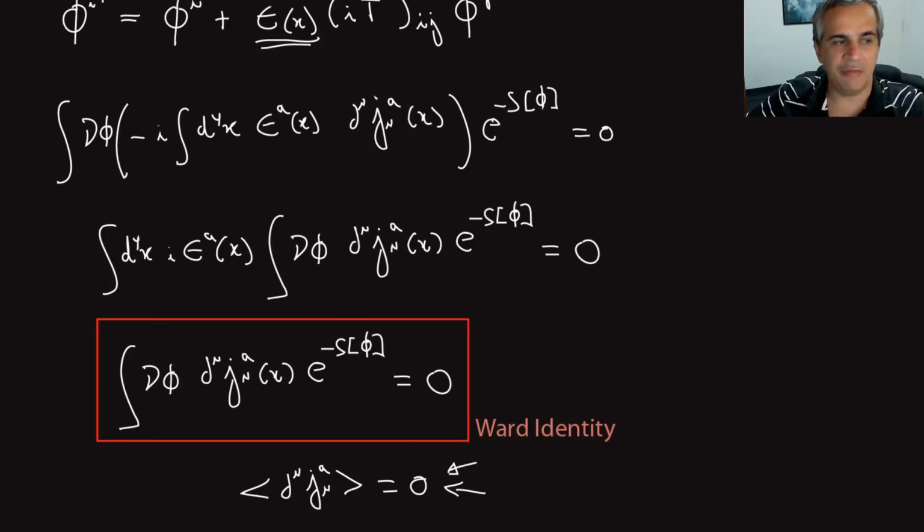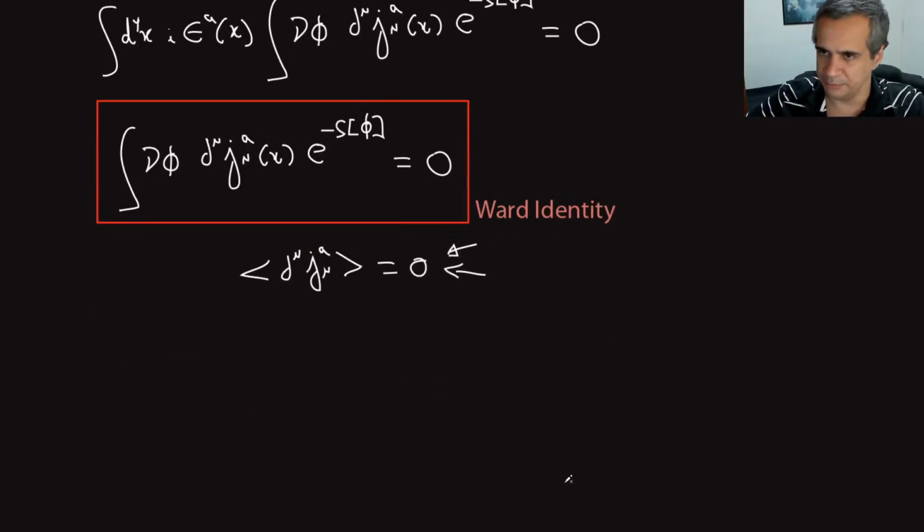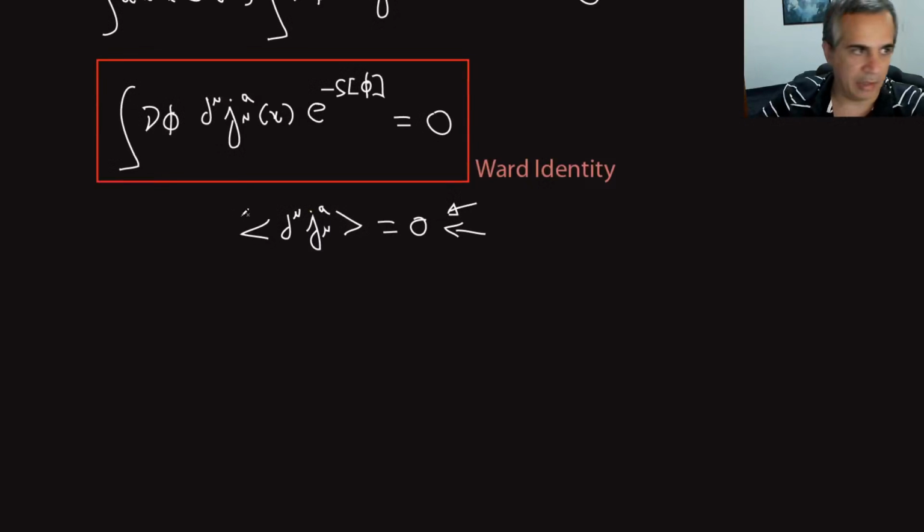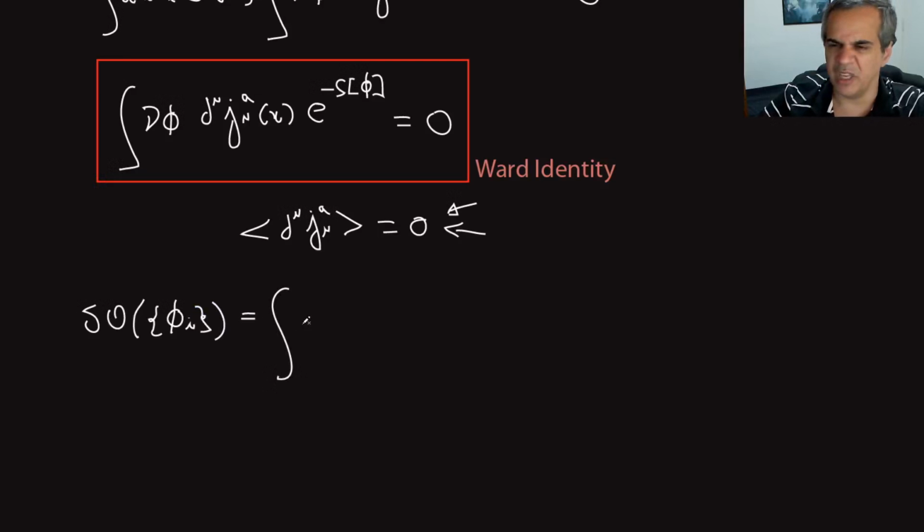Which is nice, right? I can have more general expressions for that, because sometimes these continuity equations will be multiplied by other things, and that should be true too in the quantum theory. Let me show what I am talking about. Suppose I take that same transformation and I consider the variation under a generic operator, which is a function of the fields of the theory. Then the variation of that operator will also be given by this.